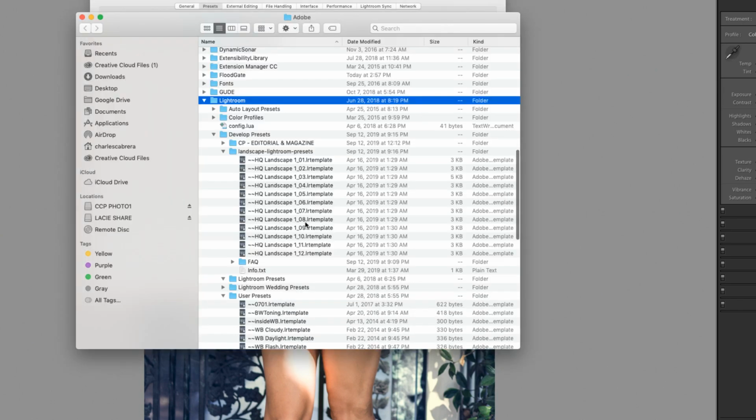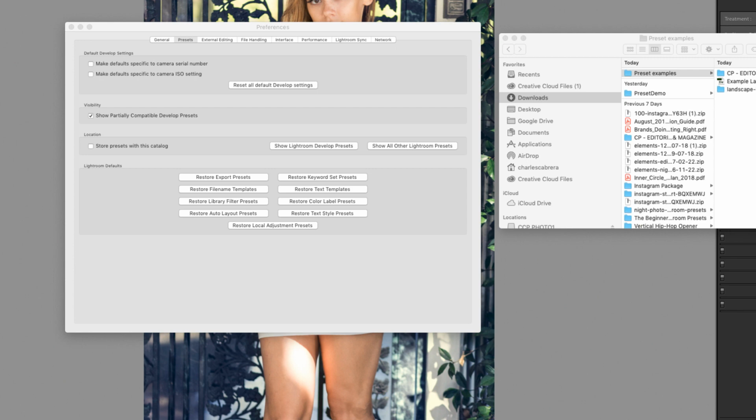And just to go over this again, anytime you want to load a lot of presets at once, you would copy them under develop presets here in this folder location, and Lightroom will make them available on the left hand side. You'll see that, but we're going to go over an example of adding presets right now so that you can see that. If you've got a lot of presets to load at once, like say you bought some presets from somebody online,